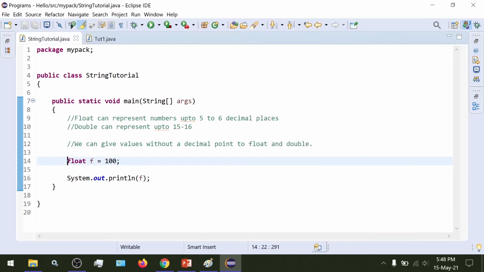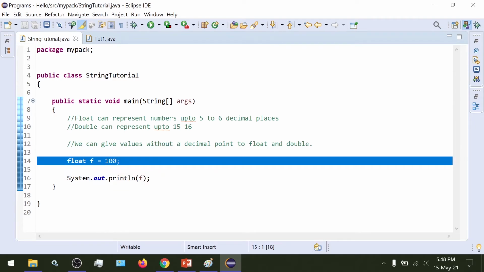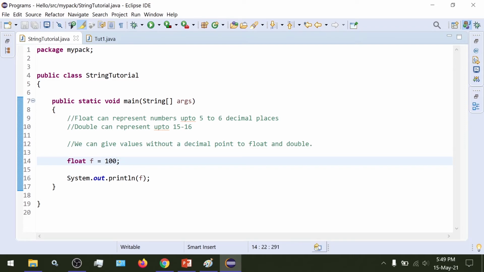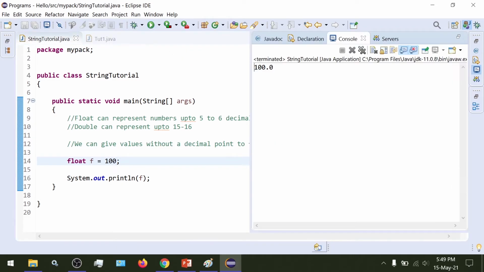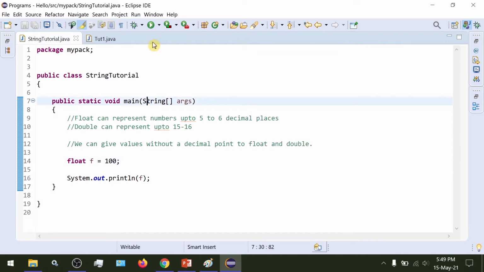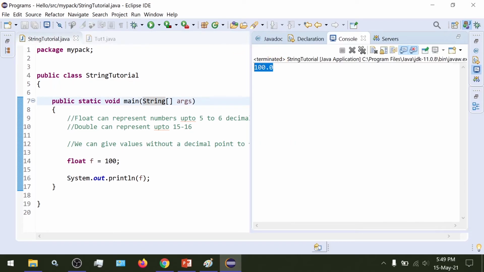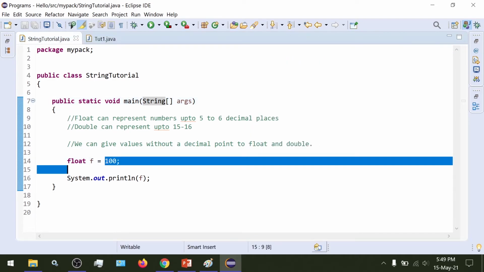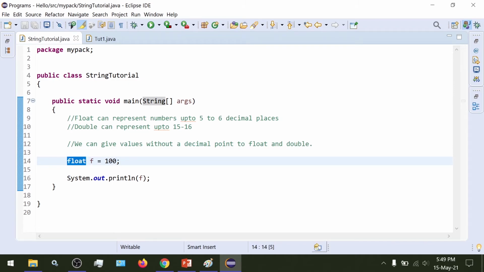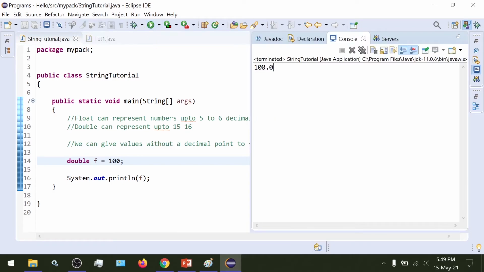Since we can represent only decimal values using this, there needs to be a decimal point here, but for our ease and convention, it is done automatically. So even if we specify a number like 100, it would get converted into 100.0, a value with a decimal point, automatically, and we aren't bothered to do it. So it is important to know and remember this. Even if we make this double, we would get the same output because it would get converted into a decimal point or floating point value.